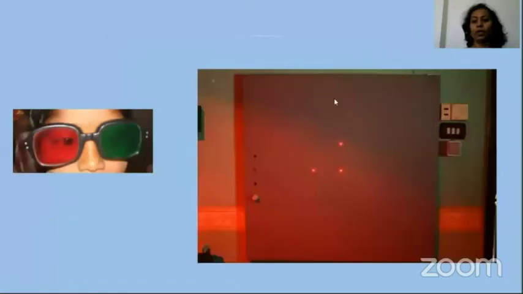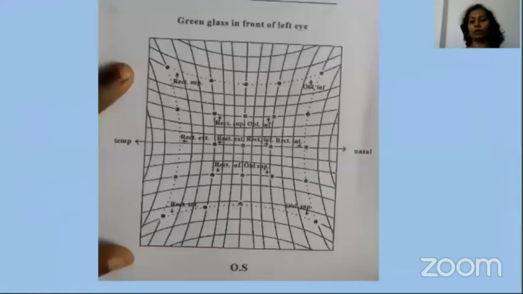So the patient wears a red and green glass, and the charting eye is always the eye with the green glass. Okay, so we have to reverse the color. Now this is the left eye that is charted, and now here it is the right eye that is charted. And as we press on the buttons, the targets on the electric Hess chart get illuminated, and simultaneously